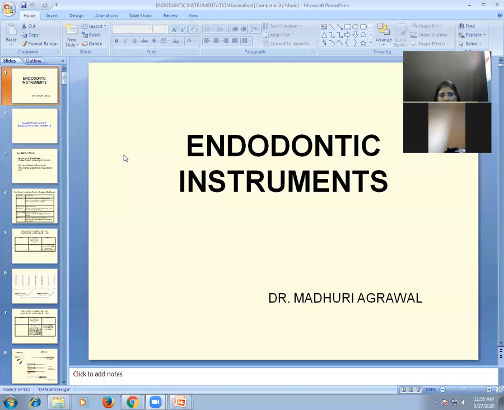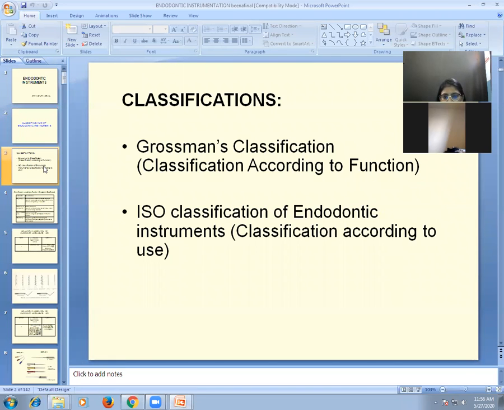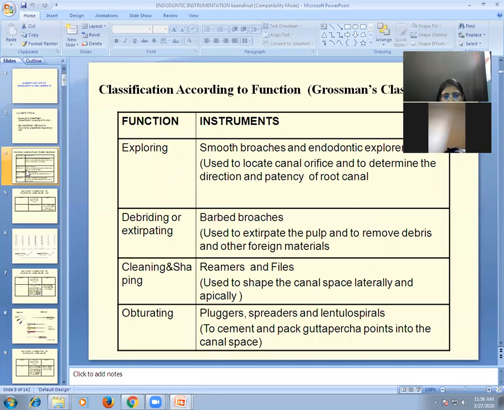So, in the last 3 to 4 lectures, we have started with the root canal procedures. Of those you have attended, we have started with the Endodontic Instruments. I'll just brush up through the previous part and then we'll continue the further part, okay? So, in the Endodontic Instruments, we have seen the classification of Endodontic Instruments according to Grossman and according to the ISO, okay? So, the Grossman's classification,